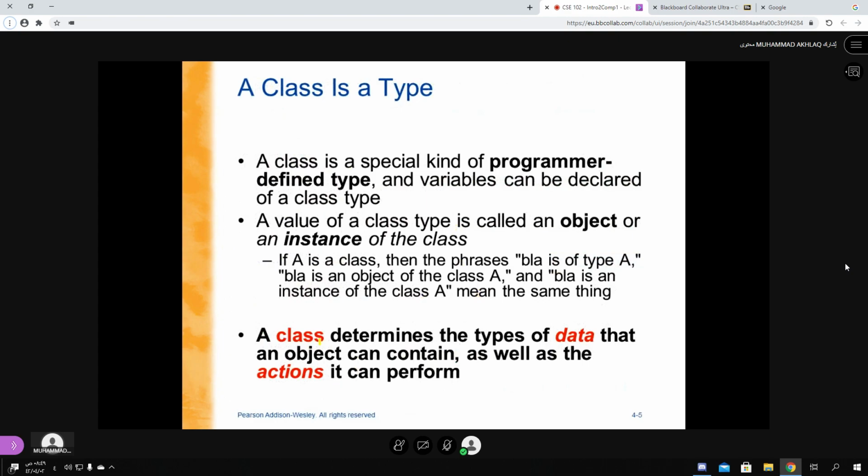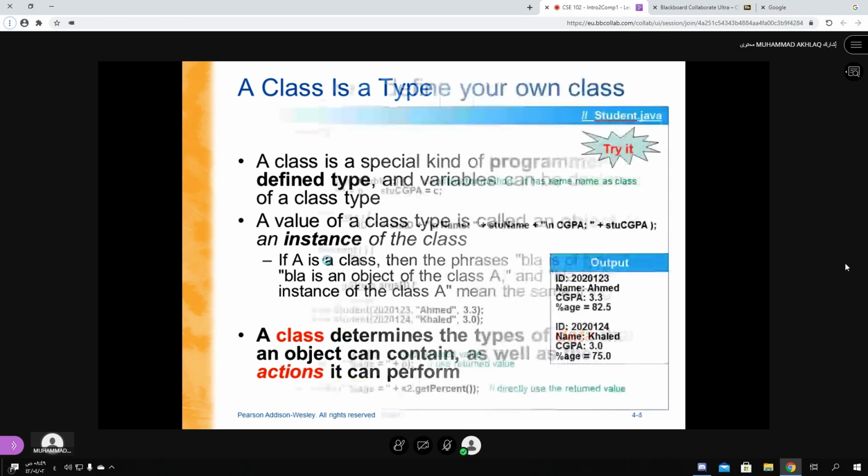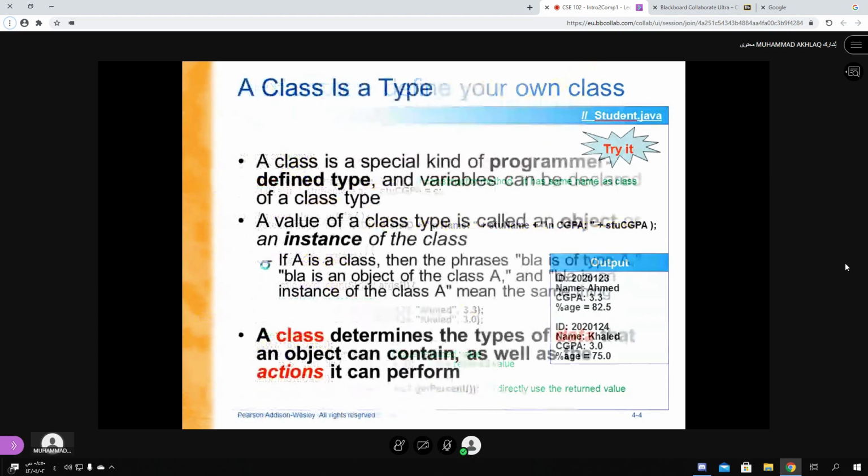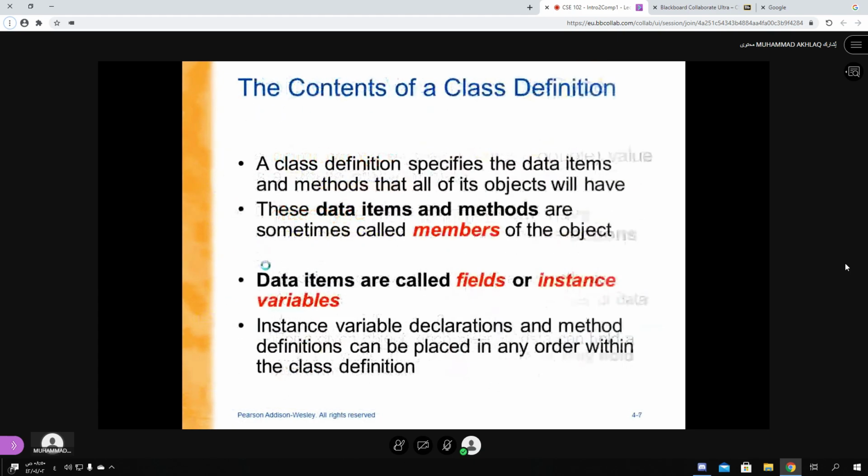So when you create an object of a class, each object has the same data members and the same methods. Not different methods, not different fields. But values can be different. For example, student one, his name is Ahmed, but student two's name is Khalid. So the fields are three, same fields, but values are different. Similarly, both Ahmed and Khalid objects have all of these same methods. These are important things in this lecture.